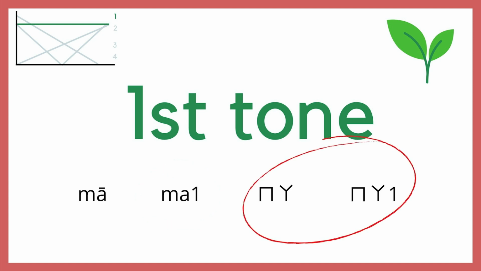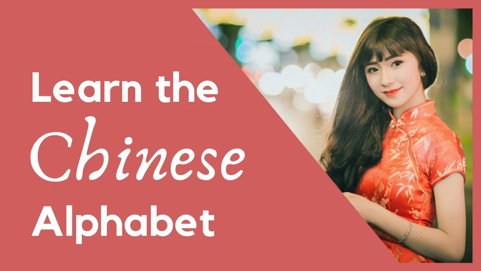As for the two symbols on the right, this is zhuyin, which is the syllabary system that the Taiwanese use to teach pronunciation. The difference here is that in zhuyin, you don't need a tone marking on top of the vowel. In zhuyin, if there is no tone marking on the vowel, it's usually assumed to be the first tone. Learning zhuyin is optional, although if you ever plan to go to Taiwan, you might find it helpful to learn as a beginner. For a fuller explanation of the difference between zhuyin and pinyin and how Chinese pronunciation and the Chinese syllabary works, check out the Learn the Chinese Alphabet video, link below.